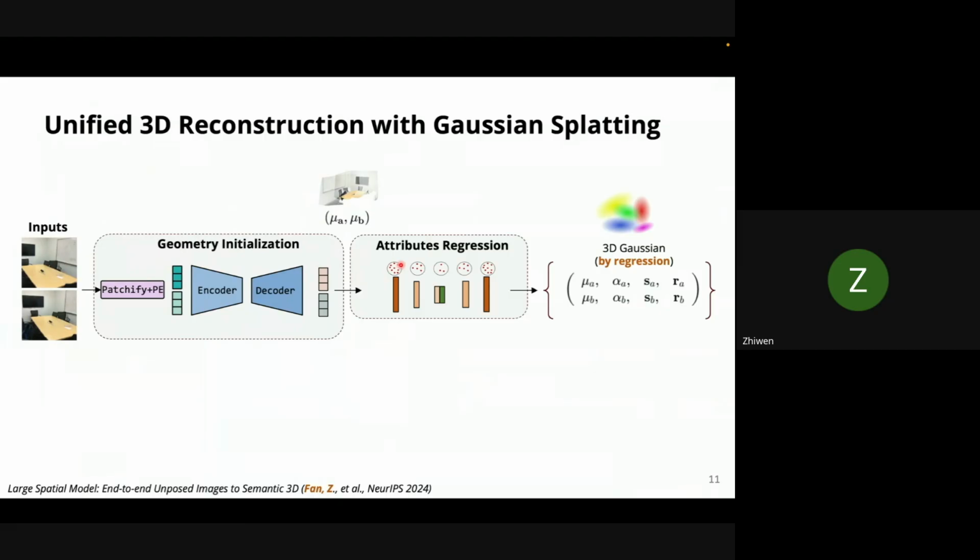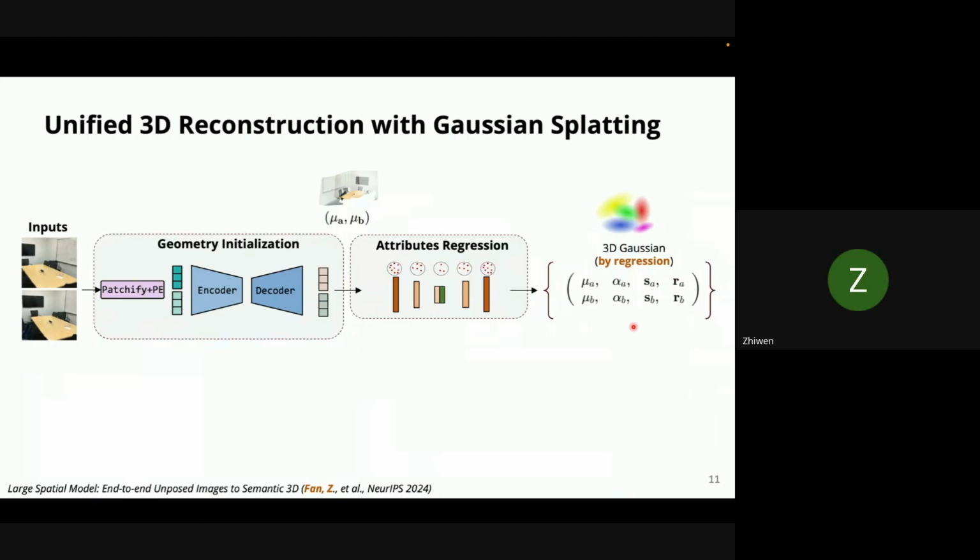So we have a hierarchical design for how to do this aggregation based on the point transformer, and then we convert from the point map to 3D Gaussians, because 3D Gaussians require a more detailed representation. So we have to represent the shape of the ellipsoids and many other attributes, say its opacity, scale,